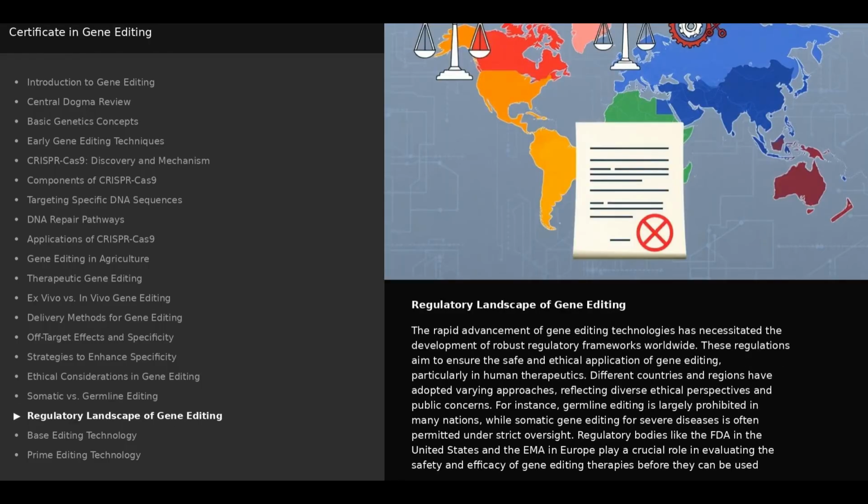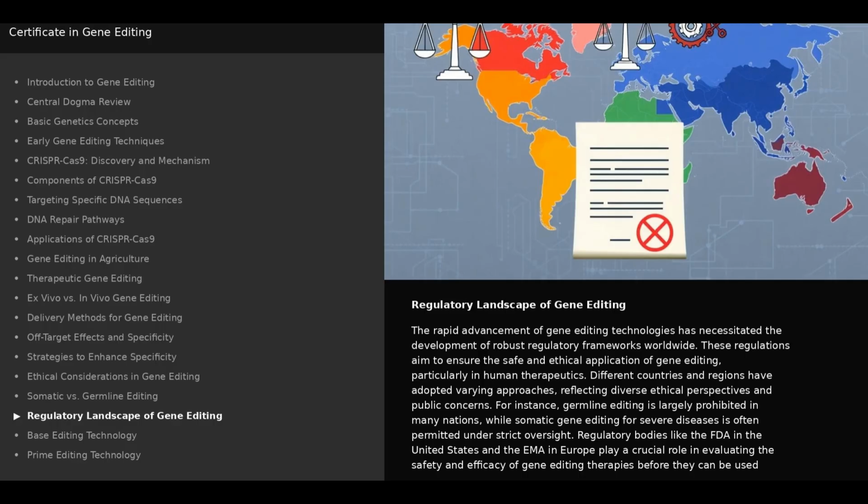Regulatory landscape of gene editing. The rapid advancement of gene editing technologies has necessitated the development of robust regulatory frameworks worldwide. These regulations aim to ensure the safe and ethical application of gene editing, particularly in human therapeutics. Different countries and regions have adopted varying approaches, reflecting diverse ethical perspectives and public concerns. For instance, germline editing is largely prohibited in many nations, while somatic gene editing for severe diseases is often permitted